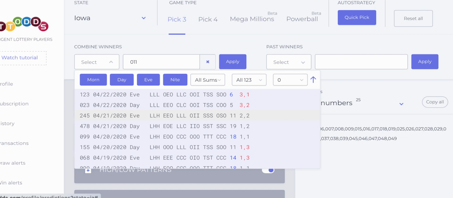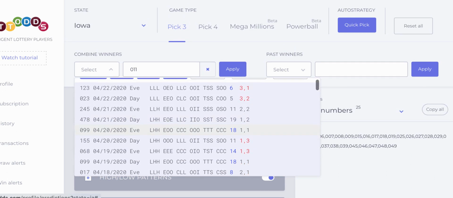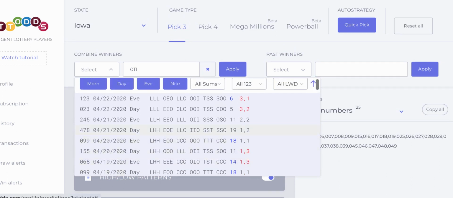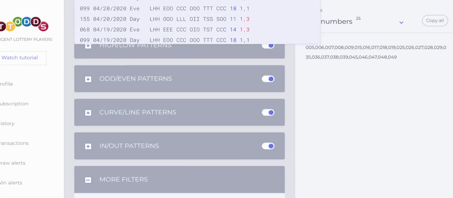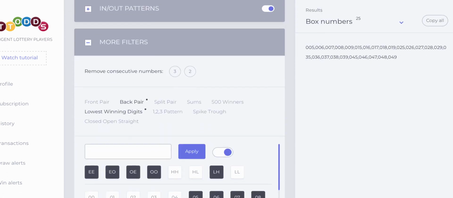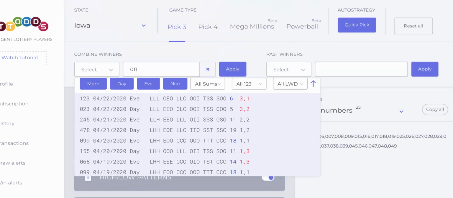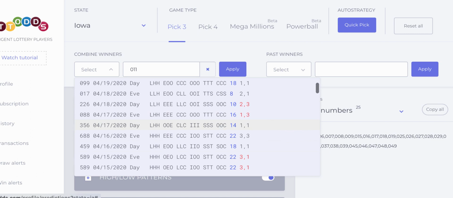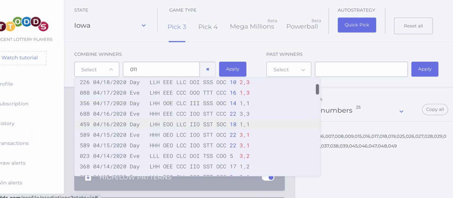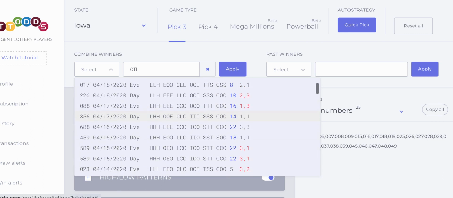I want to show you something which is really interesting. All right, look at it, all lower winning digits, right? Now, I want you to see something like this. Look at this, right? Strike, right? Hold on, let's just go down here. Spike, right? Okay, spike. This is interesting, so pay attention. Look. So when you see something like this, when you're studying this, look at this. Spike and then T flips. Spike, spike, spikes a lot, but it flips, right?